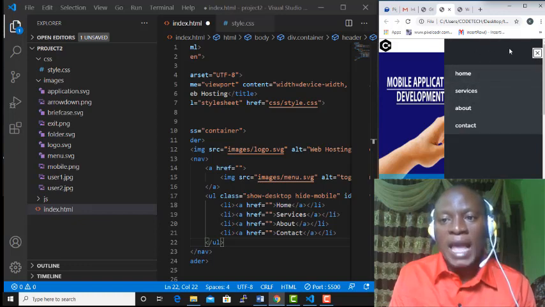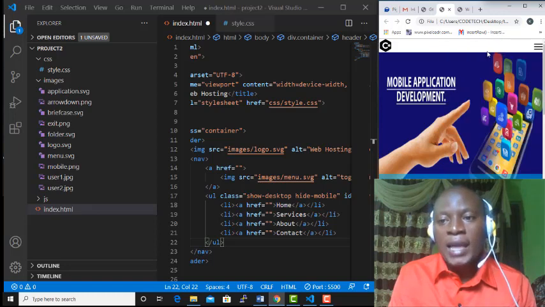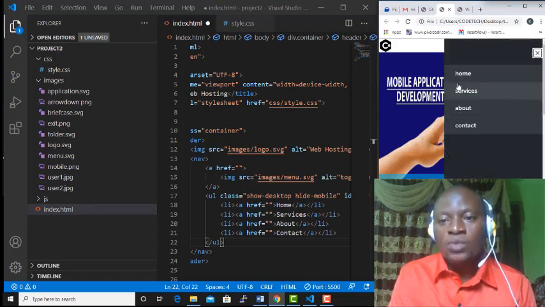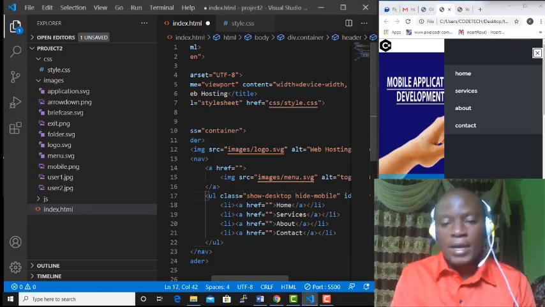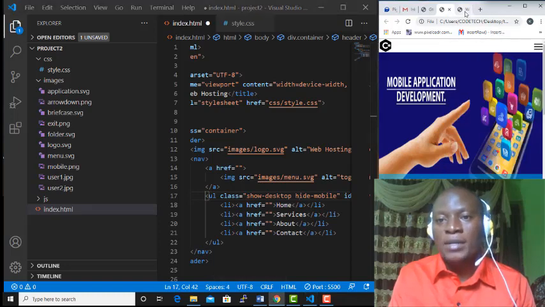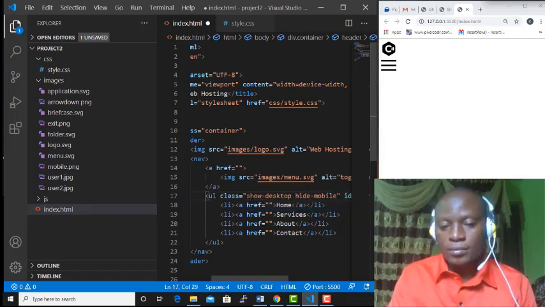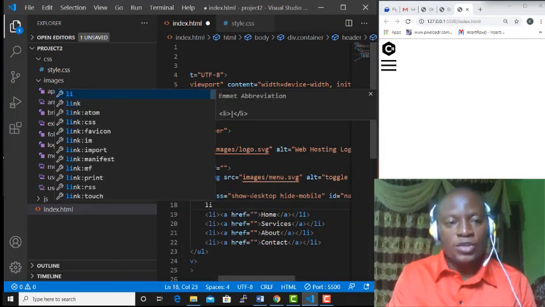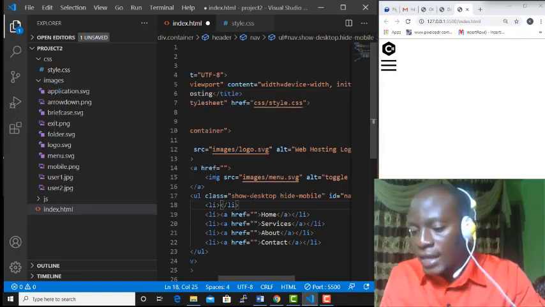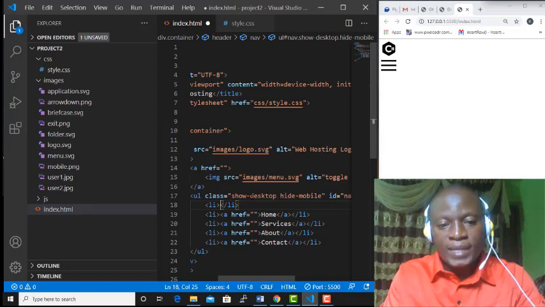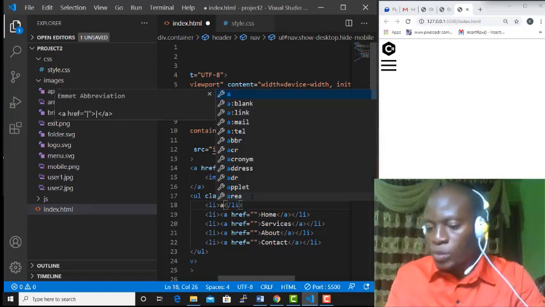So it's going to be part of the LI, only that the LI, unlike the rest that were at the left hand side here, this one is at the right hand side, and it comes at the top, meaning that it must be the first item in the UL. And that's the reason why I will be heading straight back to my LI over here, and create another LI, and in that LI, I'm going to create a link, such that if you click on that link, it's going to either